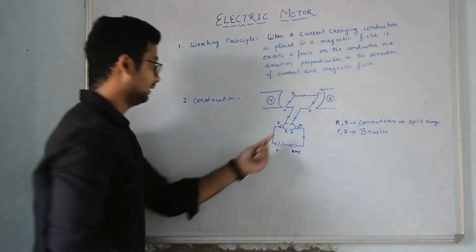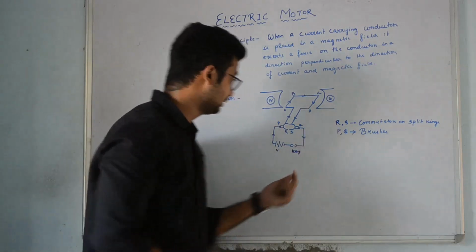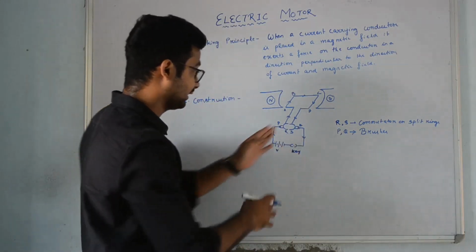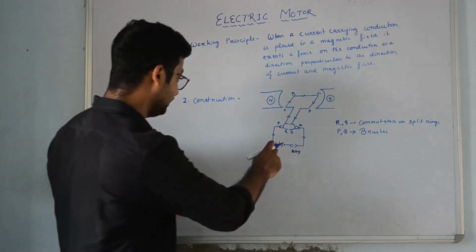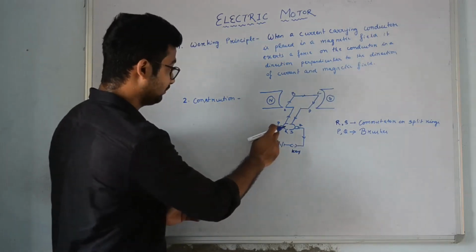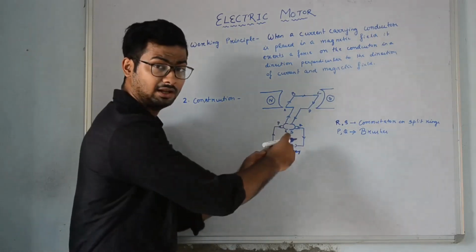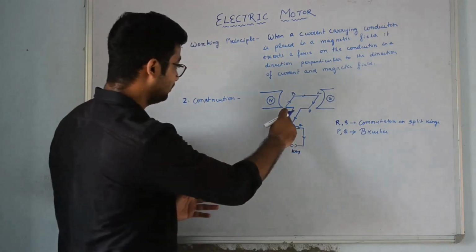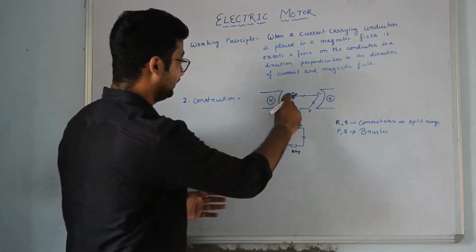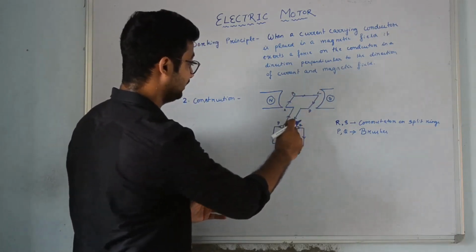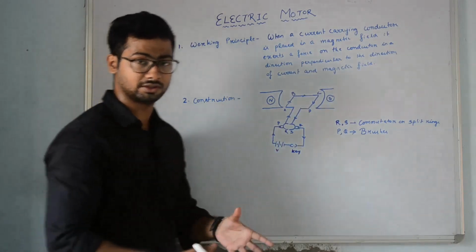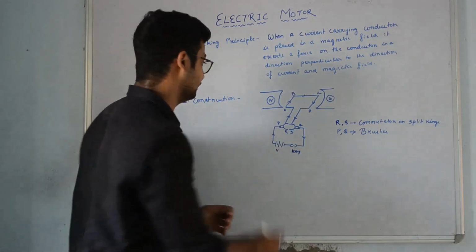These brushes are connected to the current source and they provide the circuit to complete. The current will come from this end, enter through P, touch the R and get conducted into this coil, and this coil will then complete the whole circuit. It will be a closed circuit, so current will flow continuously throughout.